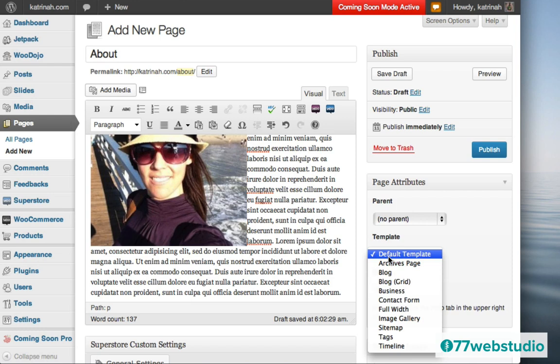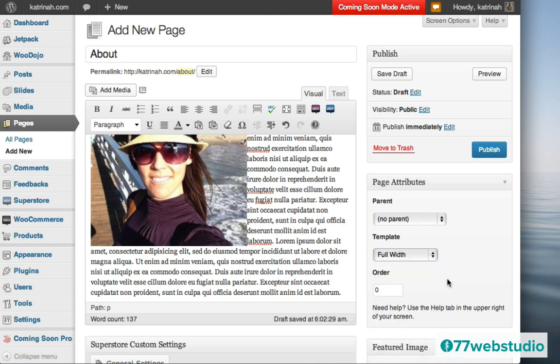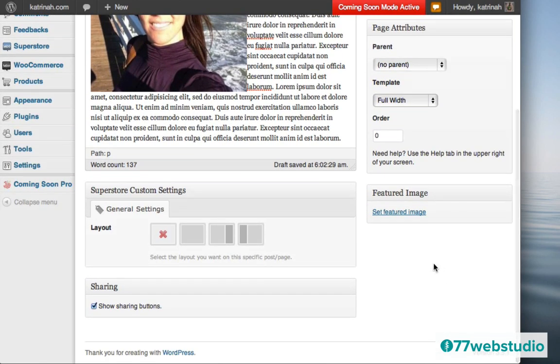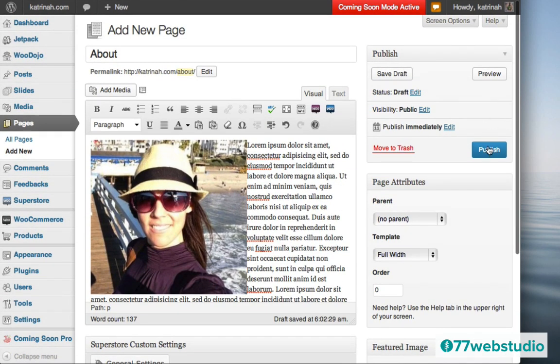So I do not want to have a sidebar on the About page, so I'm going to choose a full width page by clicking on full width right here. Next, I'm going to scroll down, and I'm not going to create a featured image for this page. I don't really need it. So I think I'm good to go. I will click on this wide layout here just to make sure. We did already choose full width, so I shouldn't need to do that, but just as a double check, I'm going to click on this too. So once you have all of that set, you just want to click on Publish to publish this page.